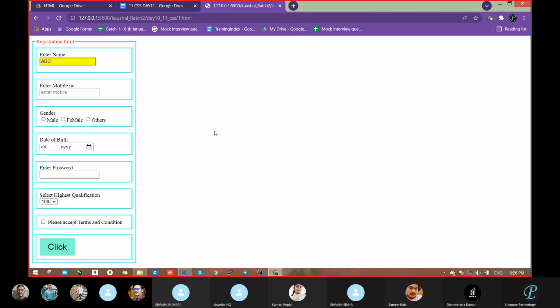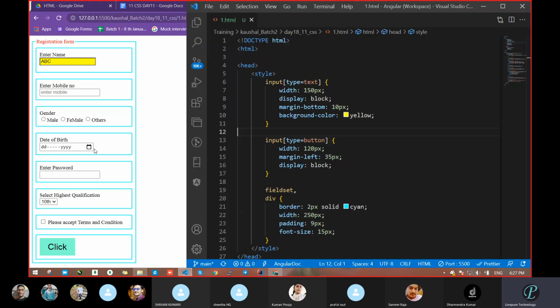Sweta, Pooja, Praful, Roshan. Yes, sir. Is it clear how we designed this complete section? See, yes, sir. What was there at the starting? At the starting time, nothing was there. We started with the form. After we got the form, we thought about the design. We took it one by one. We took the border. Then we took the next step for the coloring part. Then the button was not looking good. Then we took something stylish for the button. Then we got it, one by one we had done.